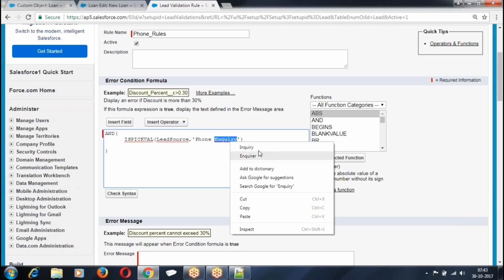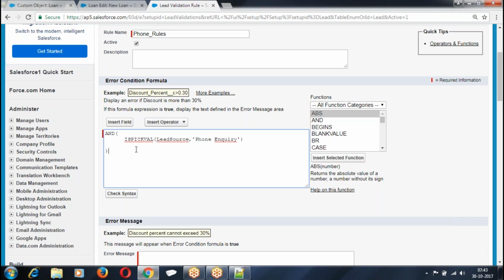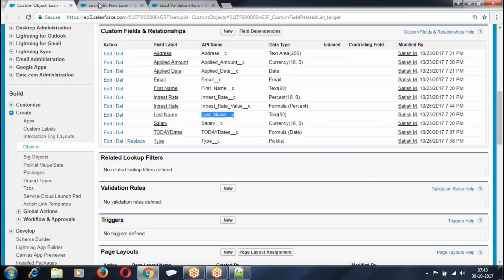If lead source is phone inquiry, then what is the second one? Lead source is phone inquiry and is blank of phone number. If lead source is phone inquiry and phone number is blank, then you are supposed to make it. What is the option we have?